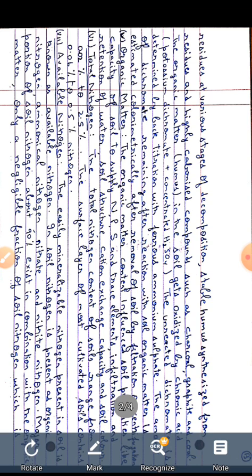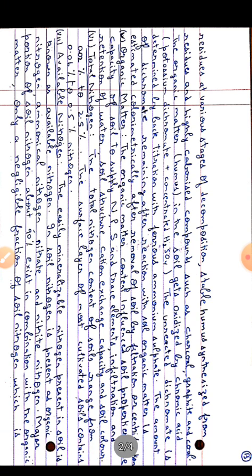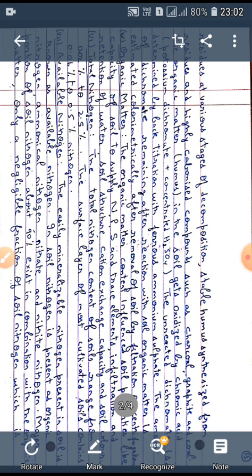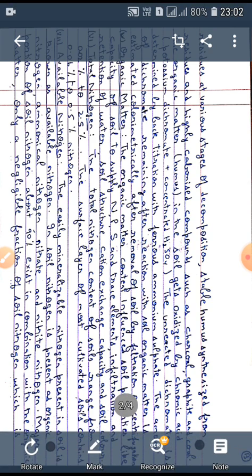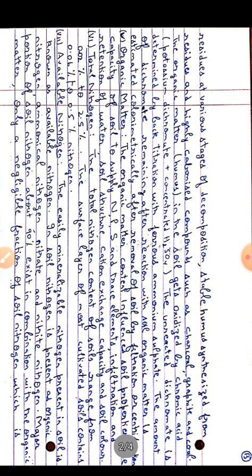The organic matter of the humus in the soil gets oxidized by chromic acid, that is a mixture of potassium dichromate and concentrated sulfuric acid. The unreacted dichromate is determined by back titration with ferrous ammonium sulfate. The amount of dichromate remaining after reaction with soil organic matter is estimated colorimetrically after removal of soil by filtration or by centrifugation. Next parameter is the organic matter.